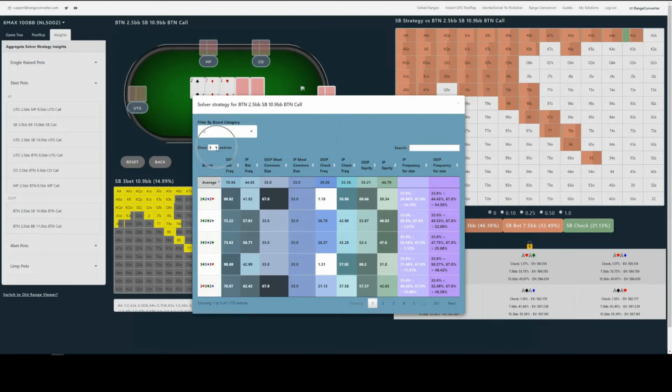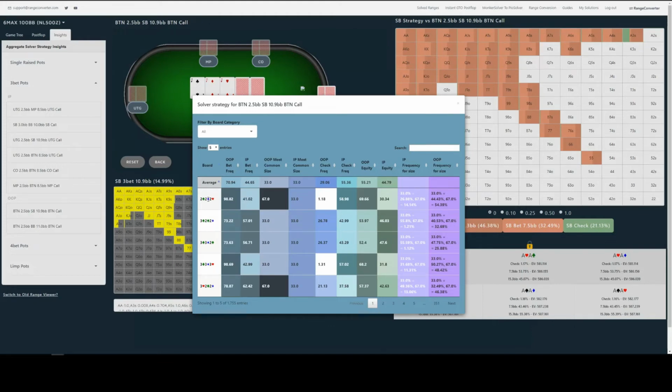So we can change the number of entries that we're viewing at once via this button. I'll leave it on 5 for now. And okay, let's run through the elements in the table here. The rows going across, if you're familiar with aggregated reports from PIO Solver, it'll be similar to that. You should know more or less what's going on here already. So each row represents a different flop. So here we have 222 flop, which we were just looking at the individual strategy for before.